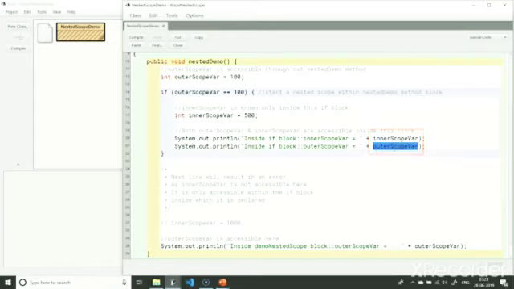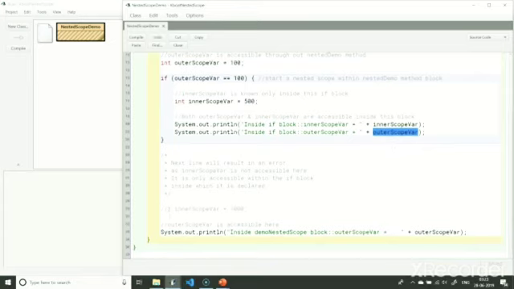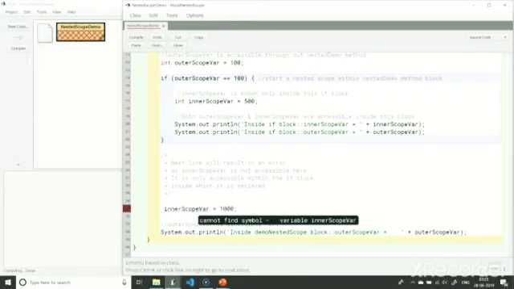outerScopeVar, which is declared outside this scope, is visible here because variables defined in the outer scope are accessible within inner scope. If I uncomment this line, it will give an error. This error is coming because innerScopeVar is not known here.